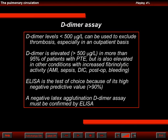D-dimer assay. D-dimer levels less than 500 micrograms per liter can be used to exclude thrombosis, especially on an outpatient basis. D-dimer is elevated more than 500 micrograms per liter in more than 95% of patients with pulmonary thromboembolism, but is